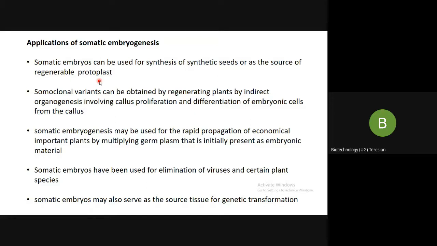Now, look, there are at least 500 species from which we have developed somatic embryogenesis, which means that you can get plants from 500 species. You can undergo somaclonal variation. You can provide more clonal propagation. Everything is available from this. The protocols have been standardized for this.